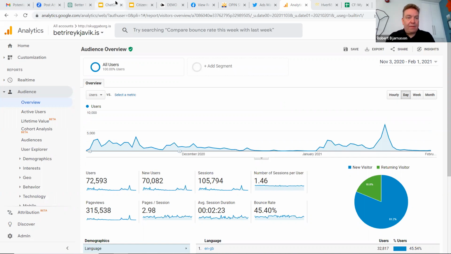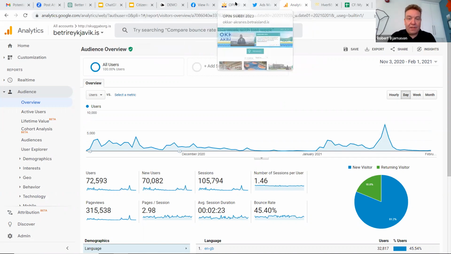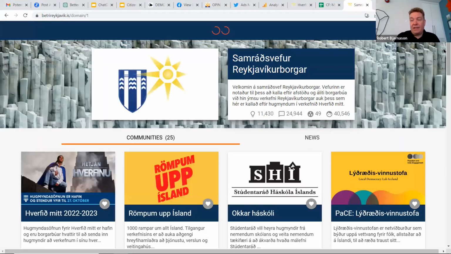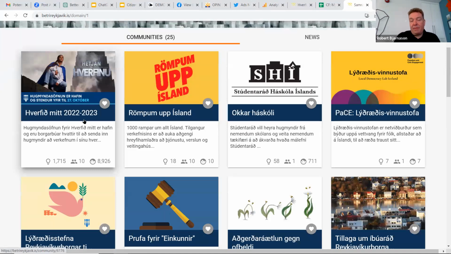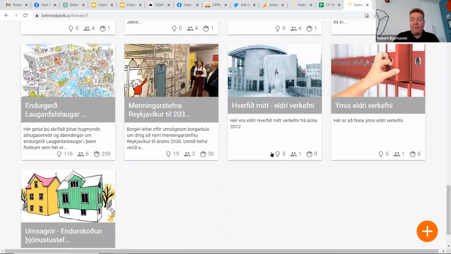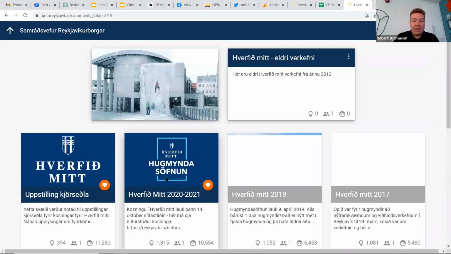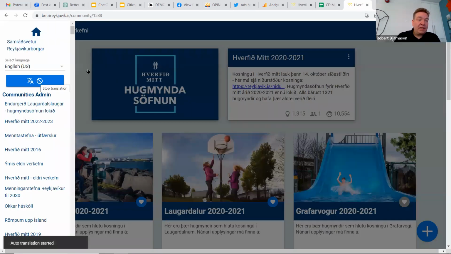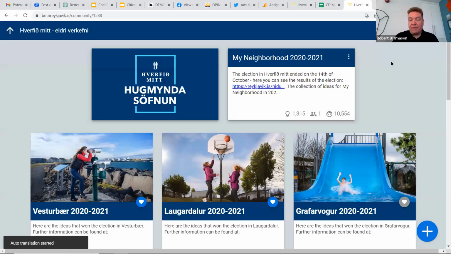But I'm going to show you first here on our Better Reykjavik website. We have this project here, My Neighborhood 2022-2023. That's ongoing, and we'll look at that in a little bit. But there's also My Neighborhood's older projects, and so this is My Neighborhood's projects in 2020-21.